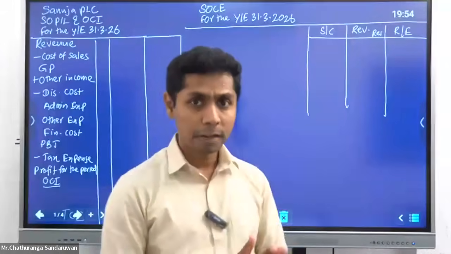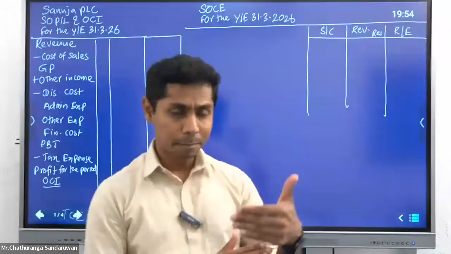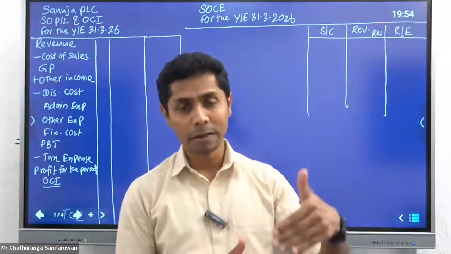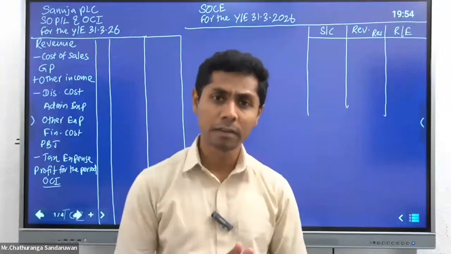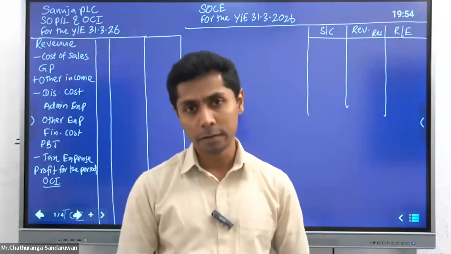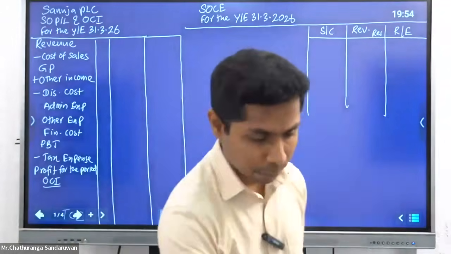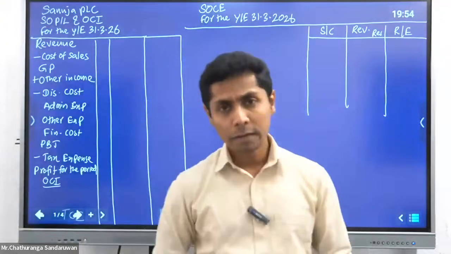So the first question is the company accounting question. You know that in the second paper, the compulsory question from the financial accounting comes from the company accounting. Number 2 is from the management accounting. So let's take up the first question, that is company accounting question. Now, when you read the question,